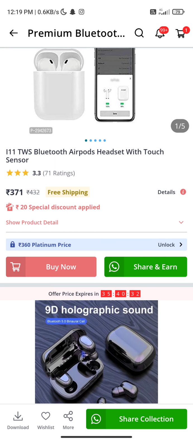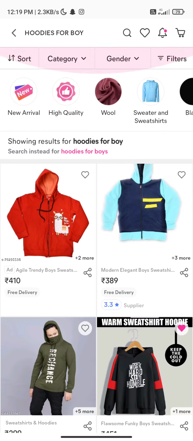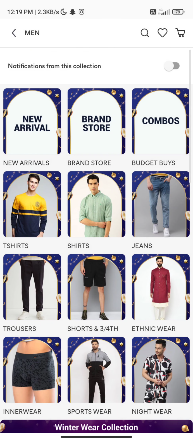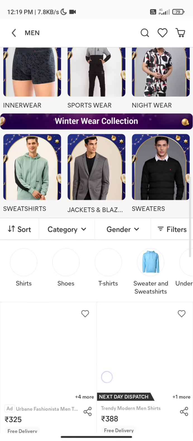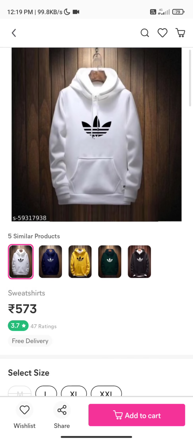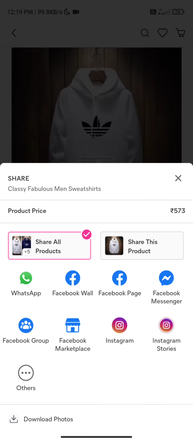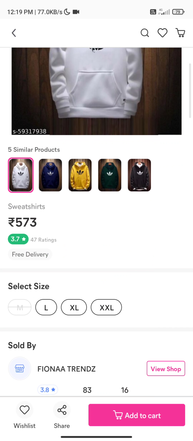This is the earning you can get through Facebook Marketplace and these apps. Not only this, Meesho is also providing the same, and Glowroad, and also Shop 101 is showing the same options. All you have to do is click on the product, click on share, download photos. Meesho download will be okay. You can see sizes here, same as in Meesho.